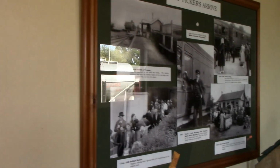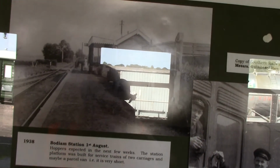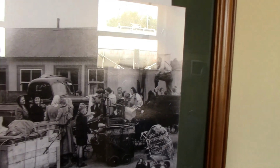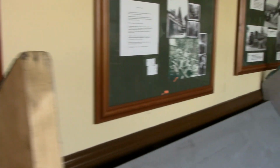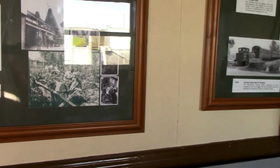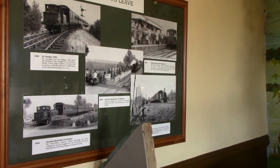And as you can see as I walk by, I know there's a reflection from the window on the other side, but we've got exhibitions showing how the hop pickers arrived, and here you can see quite clearly that we have done a very good restoration of the station and kept it as much as we possibly can in its original form, which is all good. I know we've been having to use this as a bit of a storeroom at the moment,